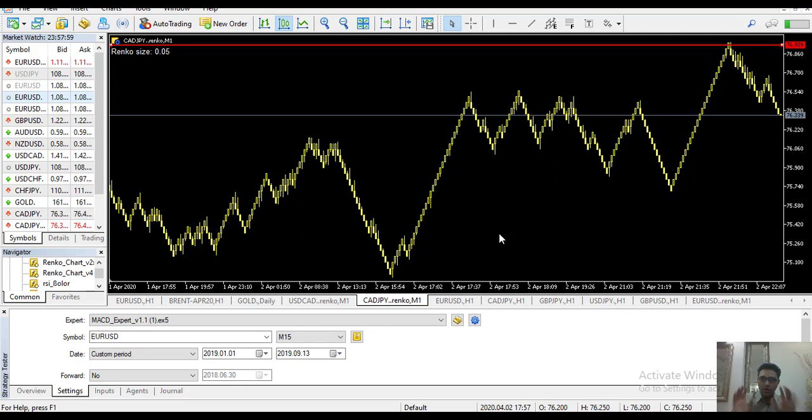So in order to use Renkos very efficiently, you need to use a VPS. You need to rent a VPS and put all the charts that you want to analyze on it. And when you find a trade there, you can trade according to your strategies and your entries and exits, but do not use any time frame other than M1